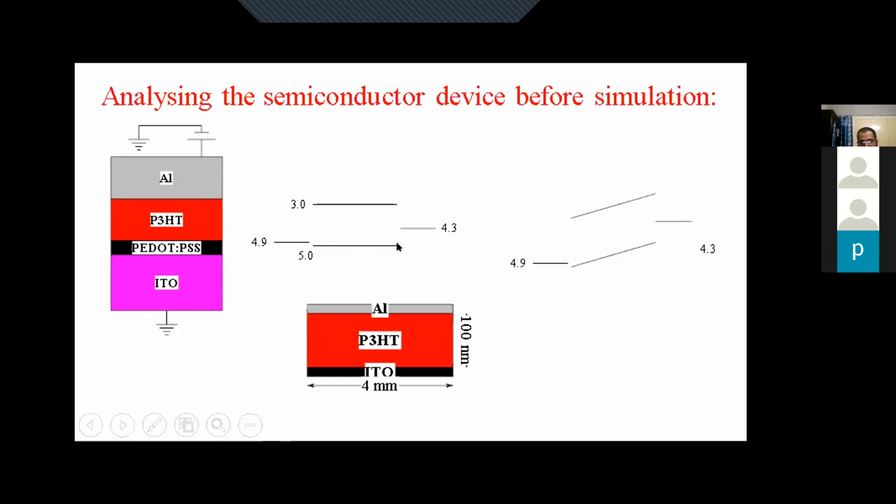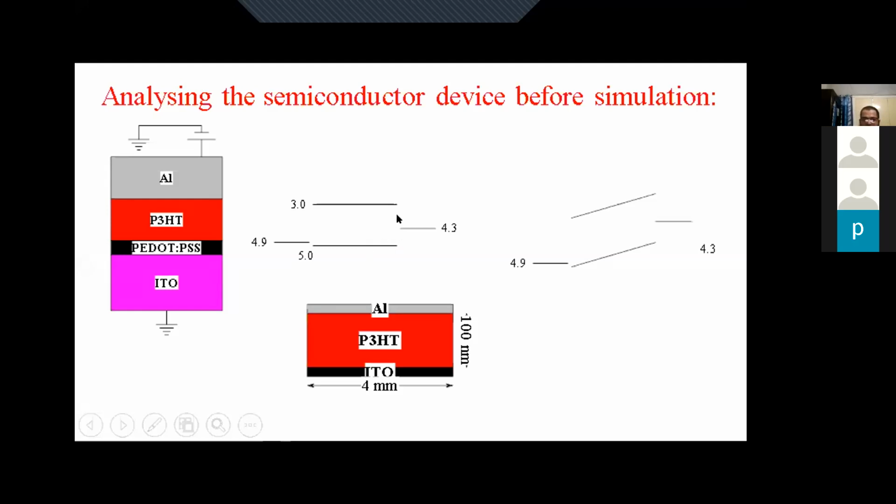So for conduction of holes, the HOMO level is significant. Here the barrier is negligible. So whenever we bias the device with a positive voltage given here, it will easily allow the injection of holes into the semiconductor. And further, at the other electrode, the collection will also be easier. Why? Because here the barrier for holes is negligible. For electrons, yes, from here to here there will be a barrier, but for holes, the barrier is negligible.